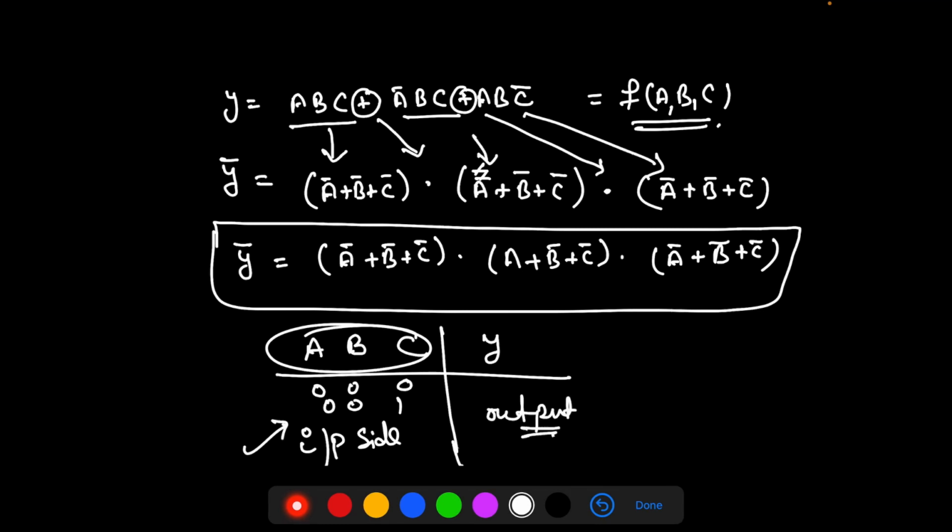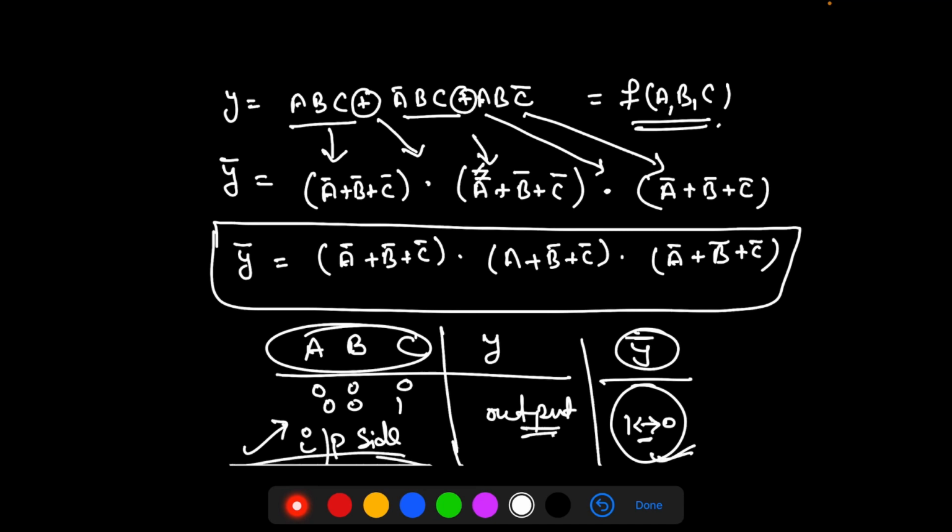So if we want to find y complement, then in the output we will change 1 into 0, 0 into 1. Only in the output. We will not change 1 into 0, 0 into 1 in the input side for complementing, but in self dual we changed all 0 into 1, 1 into 0. So this is the main difference between the complement and a dual circuit.